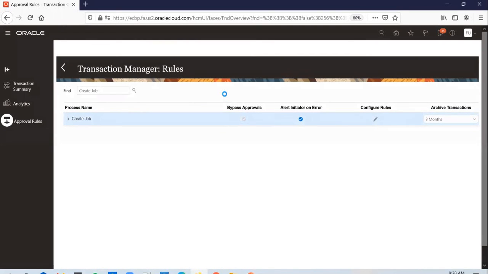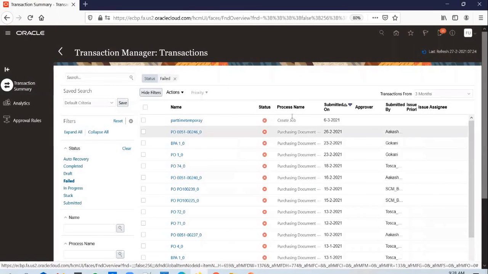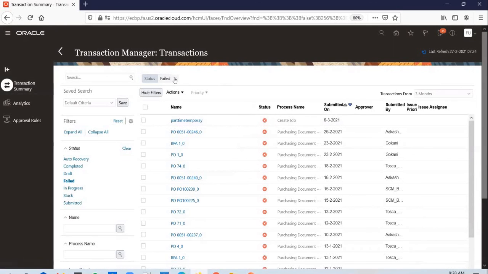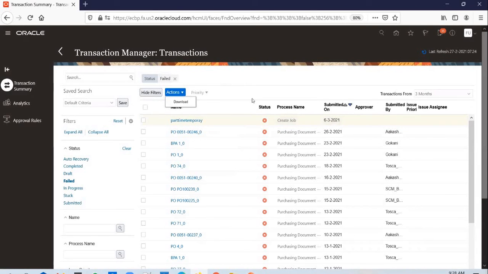Those errors, again, we can reprocess the things, we can correct it. Some of the errors I believe you can probably assign. What you can do is select the transaction, and it depends on what type of error it has run into. Some of the errors you can reprocess.